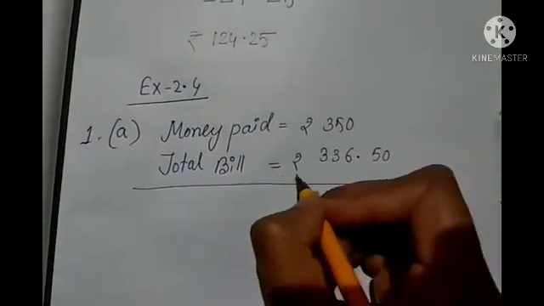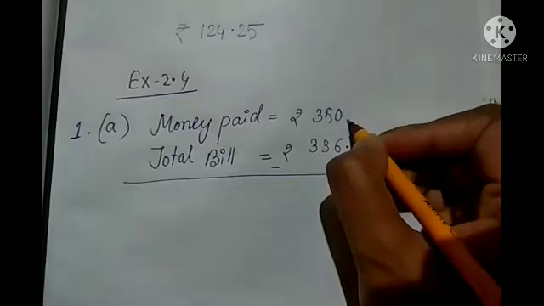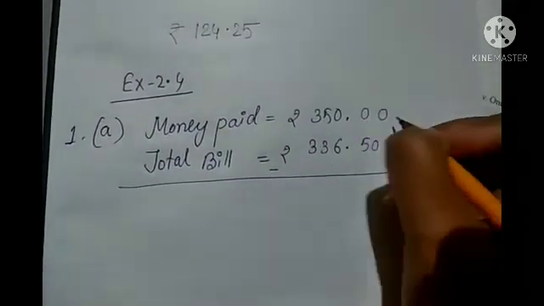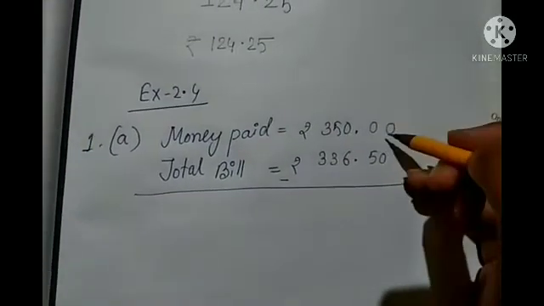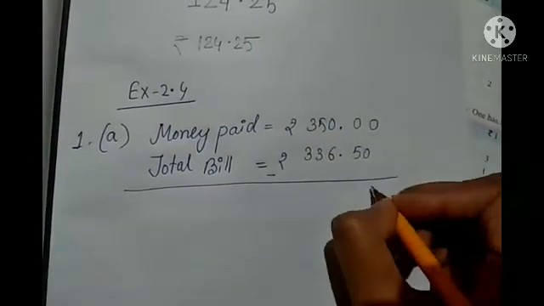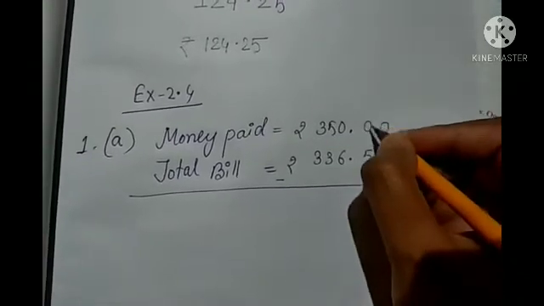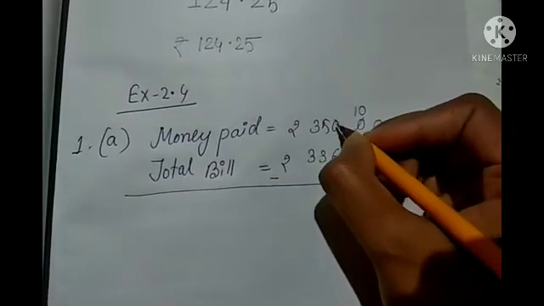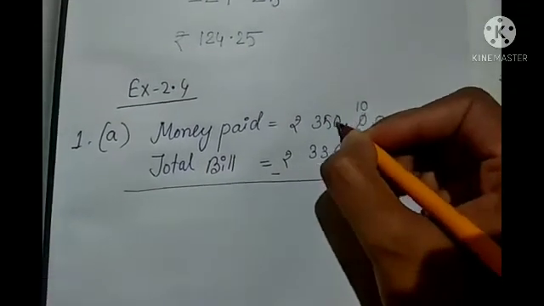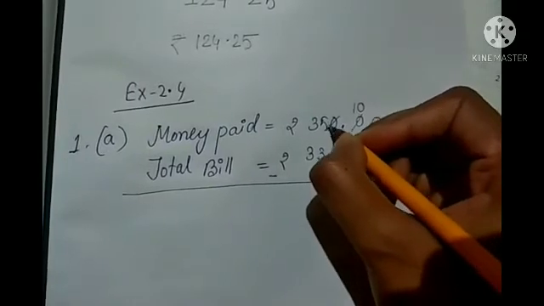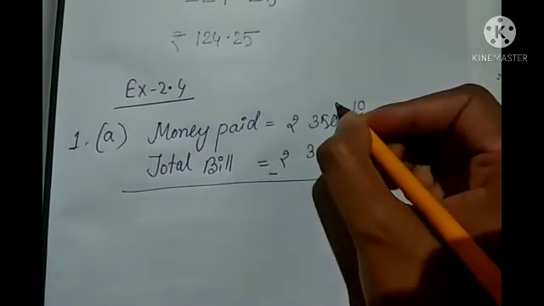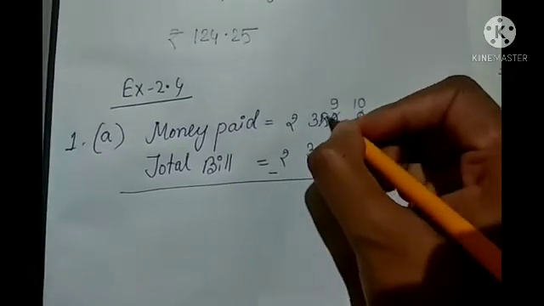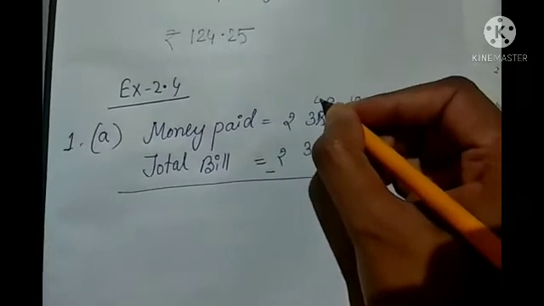Okay. Now we have to subtract it. As you know that here no paise, right? So we can simply put 0, 0. No paise. So if we put 0, then also it means nothing. Now let's subtract. So 0 minus 0 will be 0. 0 minus 5 we cannot do, so we have to regroup. That means it will become 10. And from here we take 1. So this one also 0. So from here we have to take 1. Now if we take 1 from this 10, this one will become 9. And how did it become 10? Because from 5 we have taken 1.